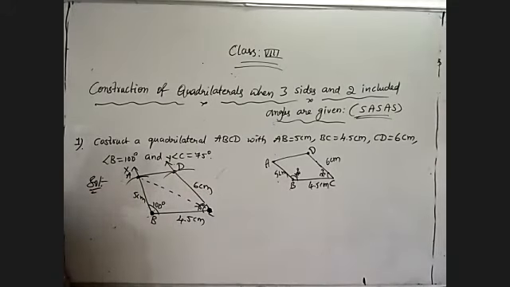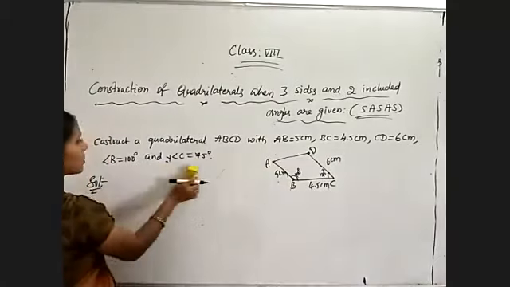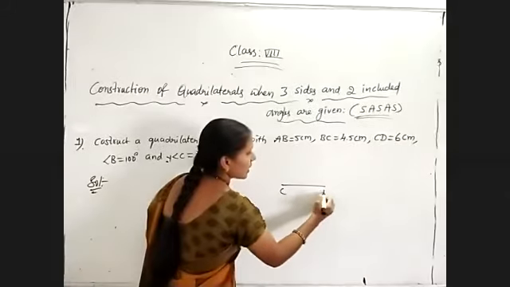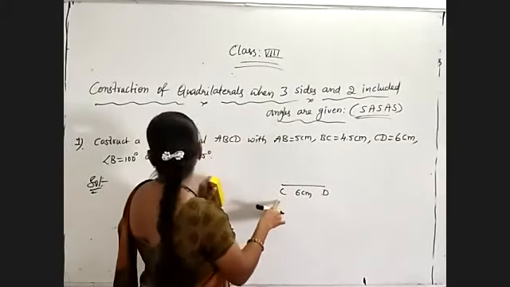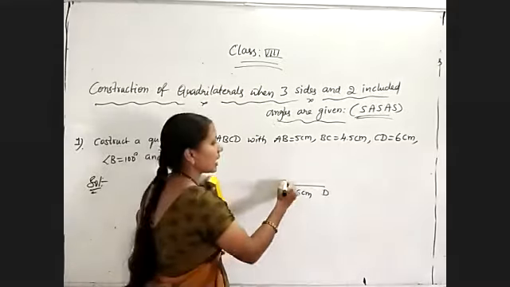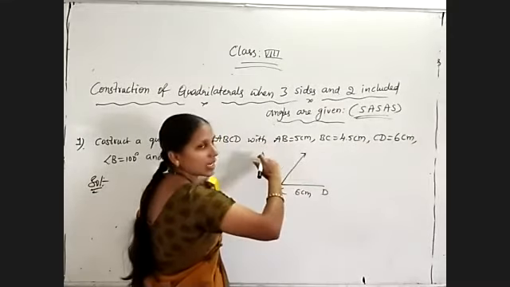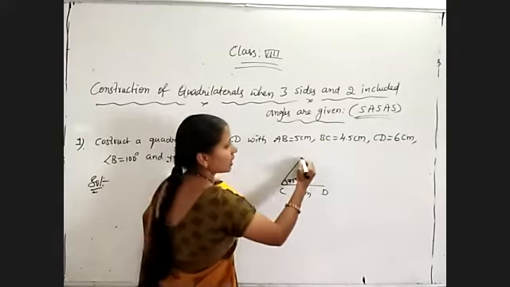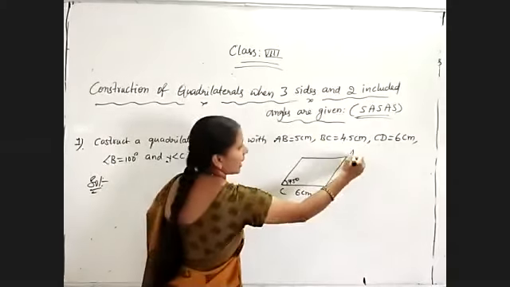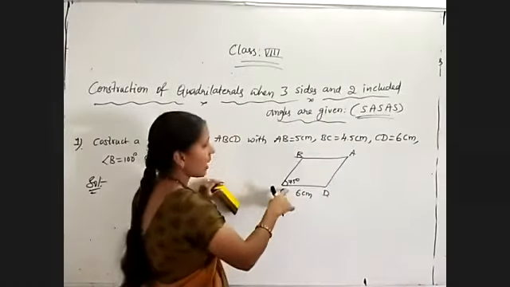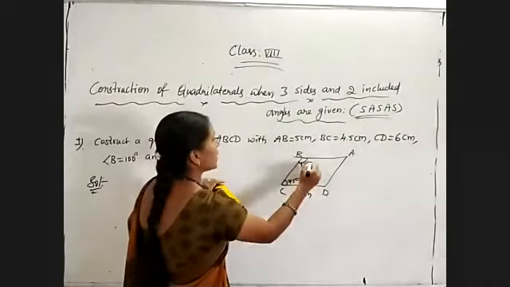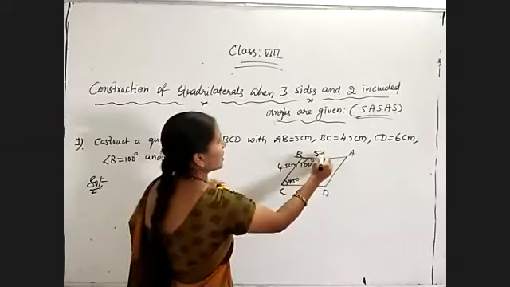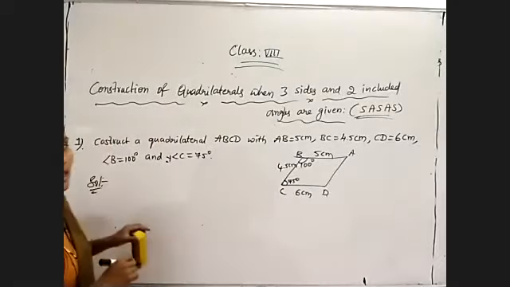That's all. Okay. Now, if I have used CD as the base, in that case, how can I construct? CD is equal to 6 centimeters, and I have angle C equal to 75 degrees. So I'll get it like this, because the right side is there, I must take the down values. It is just a rough figure. I'm drawing the quadrilateral ABCD. Angle C is 75 degrees, angle B is 100 degrees, BC is given as 4.5 centimeters, AB is given as 5 centimeters. These are the given measurements and that is my rough figure.